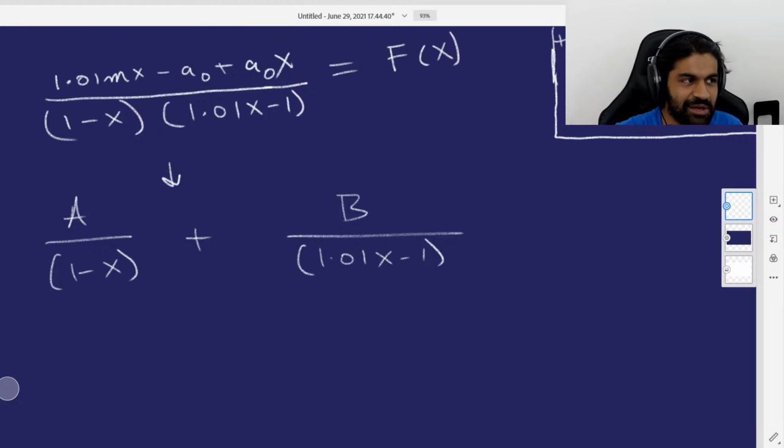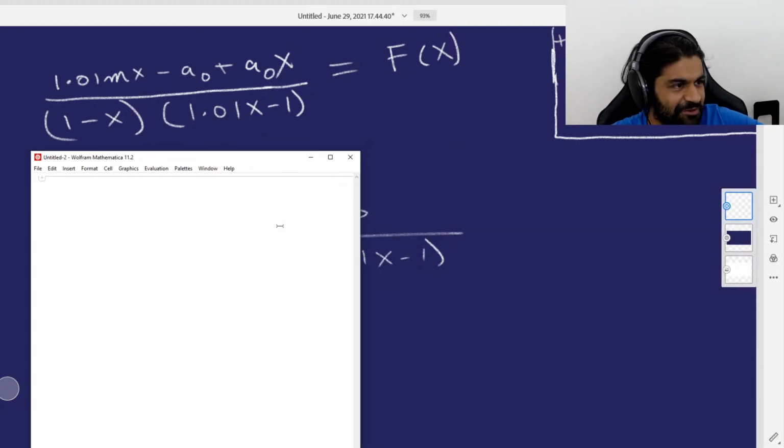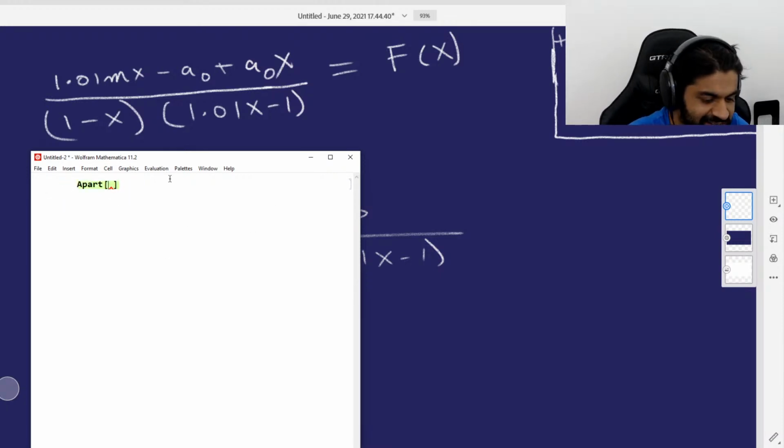It's not fantastic, so I'm just going to use the computer to do partial fractions. Mathematica has a nice partial fractions calculator, and that's what I'm going to do. The Mathematica function, by the way, you can also type into Wolfram Alpha, I believe. You just type apart, and then in the numerator, you do 1.01